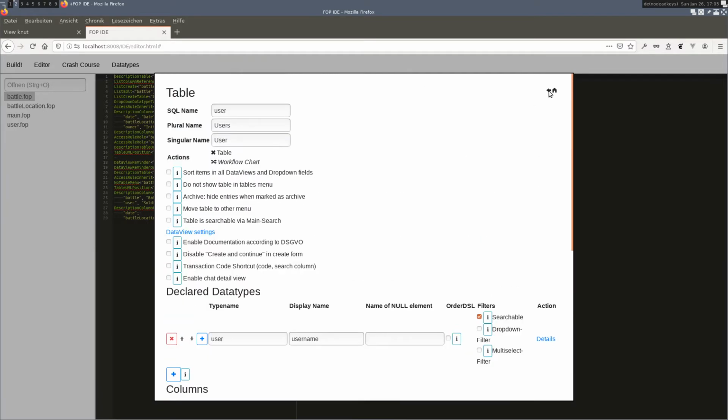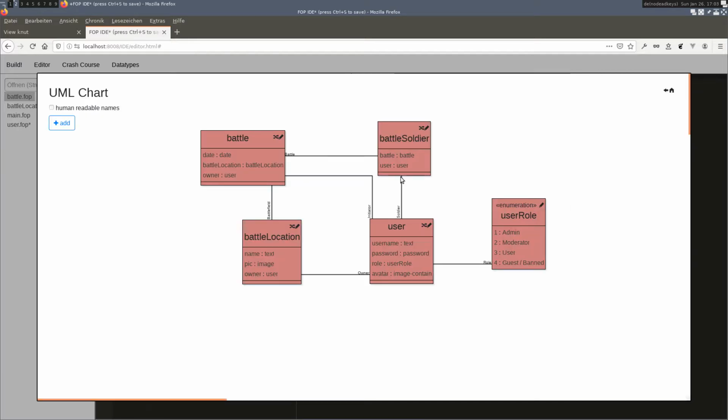Image content. So every user can upload his own avatar. Now we have to battle. We have to